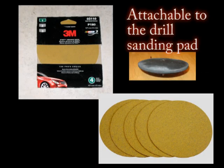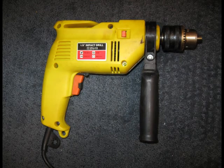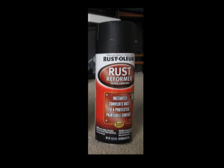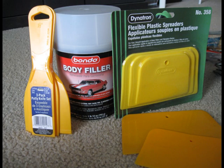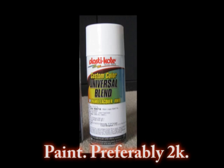a drill attachable sanding pad, self-adhesive abrasive discs, a sanding block and a sponge pad, a drill attachable wire brushes, a rust reformer, a self-adhesive metal patch, a body filler with spreaders, a plastic mixing board, a primer, preferably 2K, matching paint,